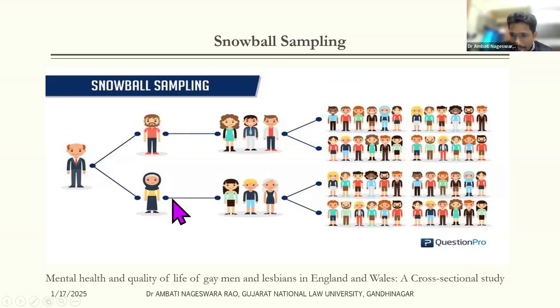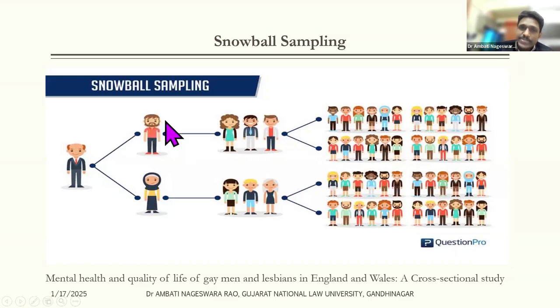Now, if I want to understand chain smoking habits among adolescents or college students, no student will come and tell that they have chain smoking habits. So what are you going to do? You sit at a tea stall near the campus and start observing how many people are coming. Regularly observe, and start building rapport with them. If you have the habit, you also start smoking or drinking and build your connection with them. And you'll also ask, do you know any other person from your college, your school, right?